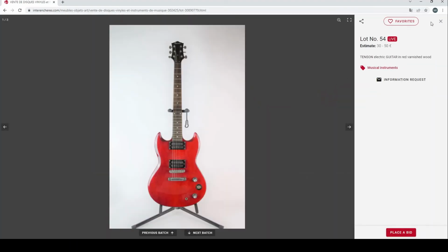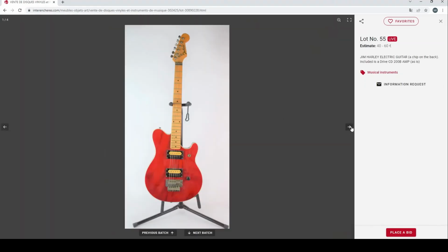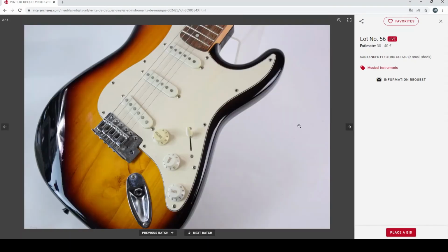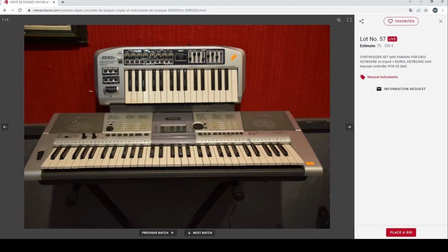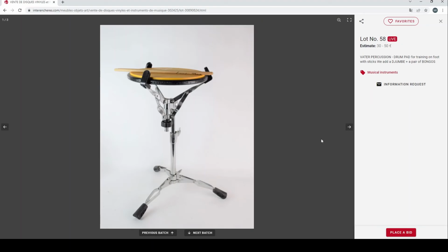Tenton electric guitar. I think this is a fairly low quality thing. Jim Harley electric guitar. This is the same, just a budget thing. It looks like a Music Man copy with an amp. Santander electric guitar. It's just another kind of Strat clone. Synthesizer set, Yamaha keyboard, and an Edirol MIDI keyboard there, so a couple of small synthy things, a Veta percussion drum pad for practicing,